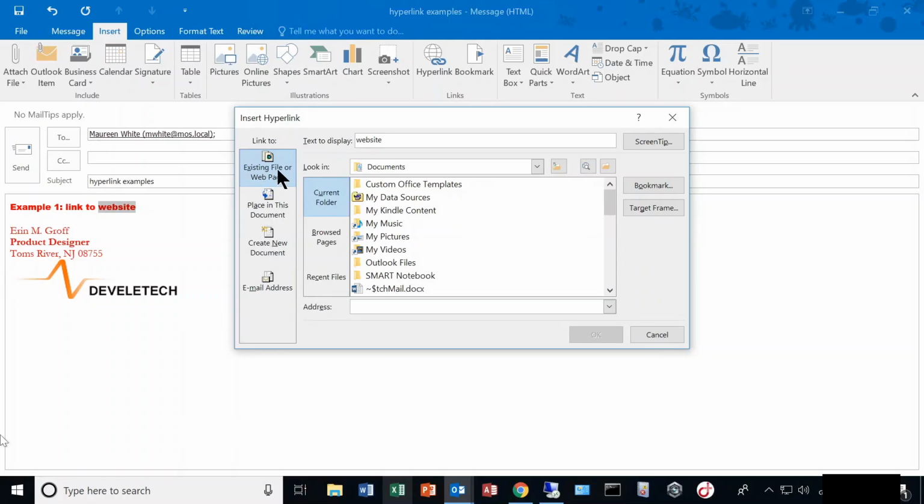You can link to an existing file, so a file that you have saved on your computer. You can link to a web page. These 2 options are shown on the same middle screen here. For an existing file, you would choose it in your Look-In field. For your existing web page, you would type the web address at the bottom here. So let's say I wanted to link the word website to google.com. I just type my address in here,